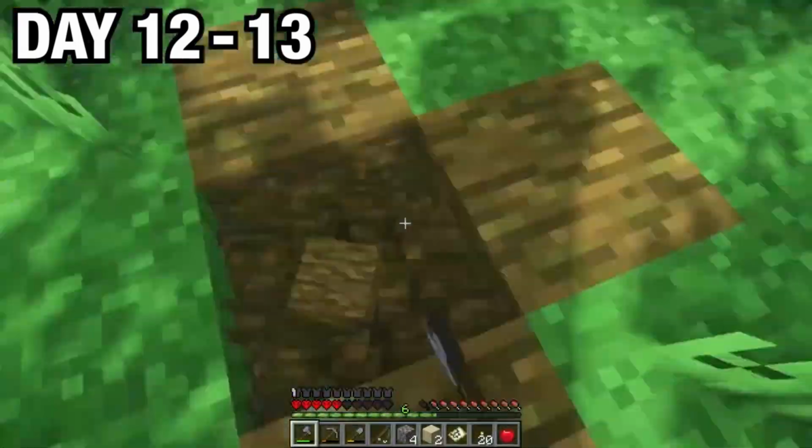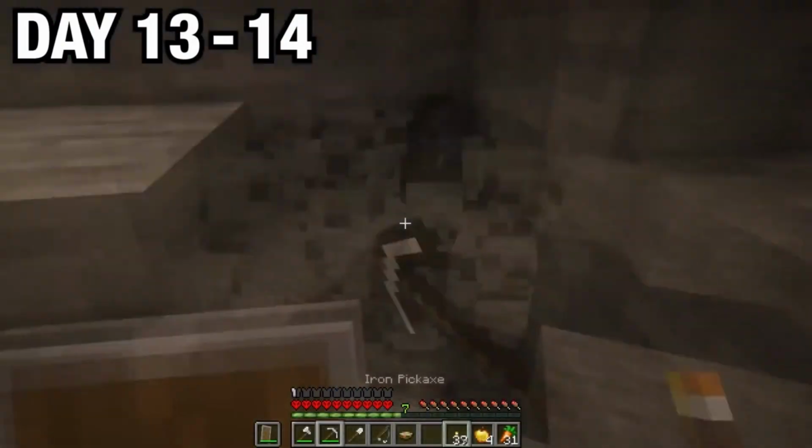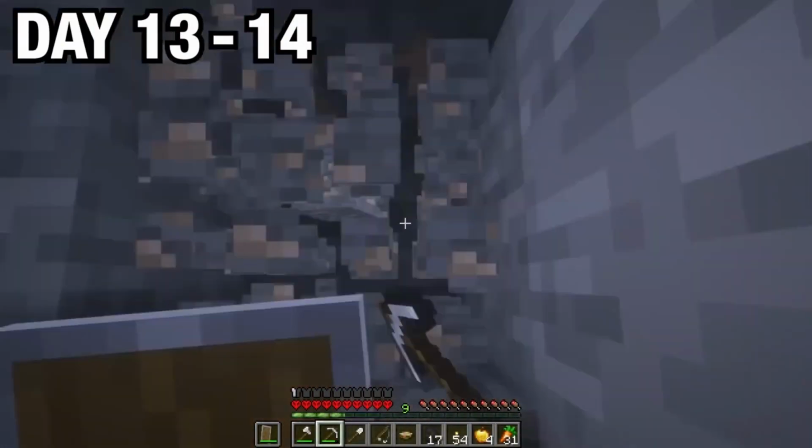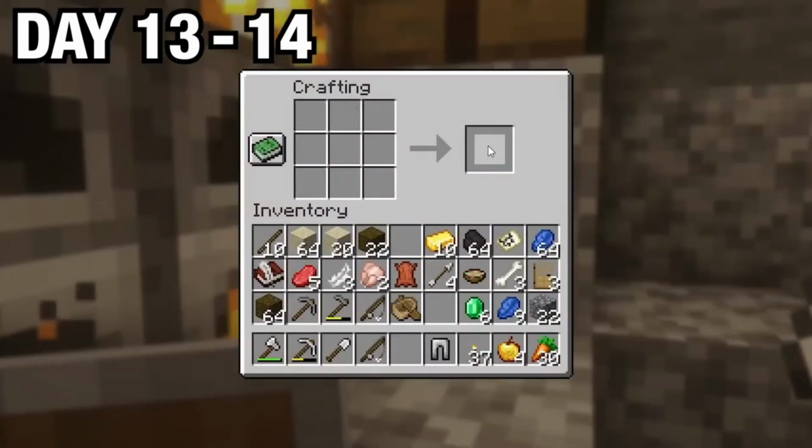and I decided while I was here I'd chop down a bunch of wood. I then made myself some iron tools, and found a little cave to explore. I then mined myself some coal, found and mined a bunch of iron, and even managed to find some emeralds and lapis. I then made myself some iron armor and returned to the